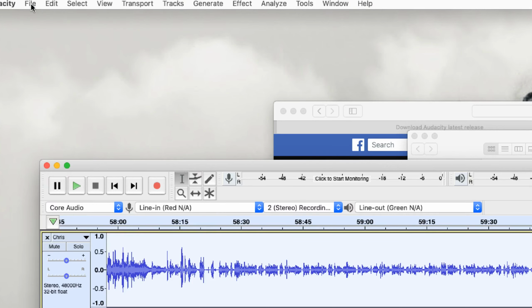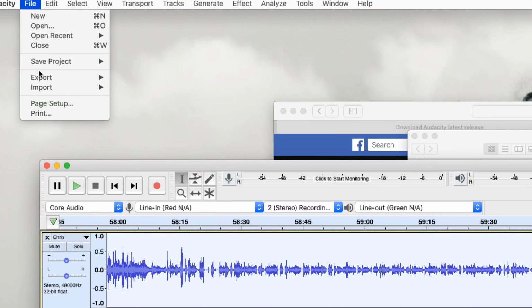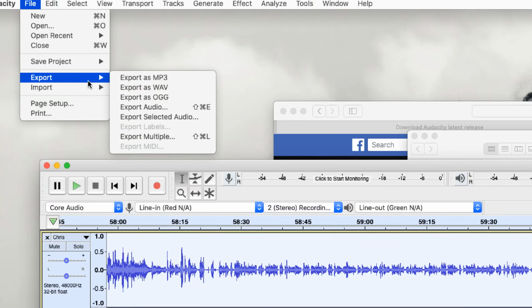I click on that, and I float down here to export, and I want to export that stuff as an MP3 file, because remember that's the format of the files that we're working with here. We'll burn these MP3 files on the CDs when we're done. There are other formats here that I could use, WAV and OGG and things like that, but I'm not going to use those. I'm going to export as an MP3. So I'm going to click on that,